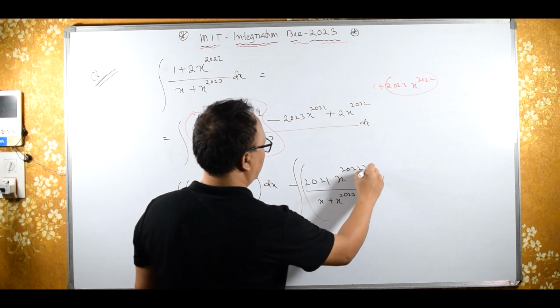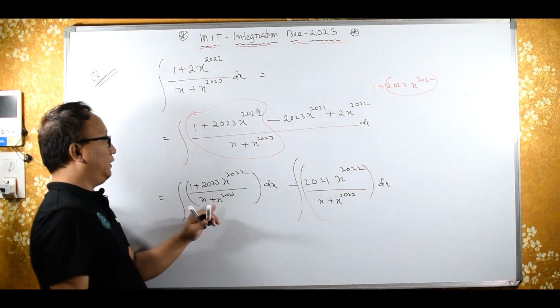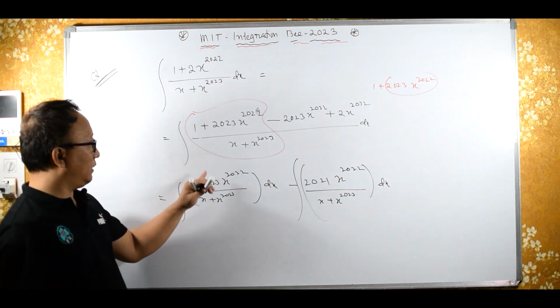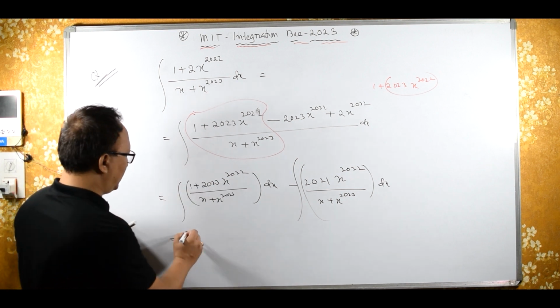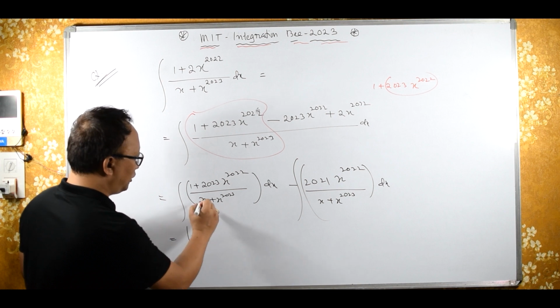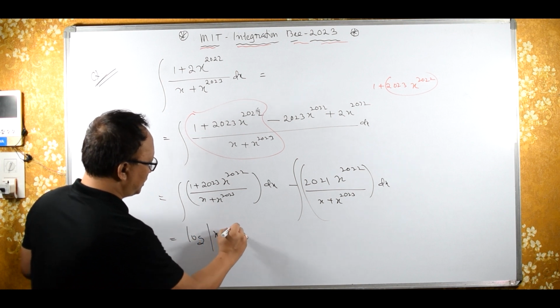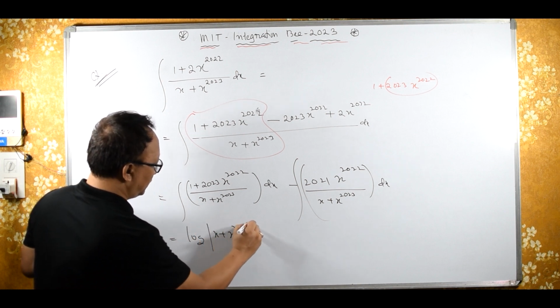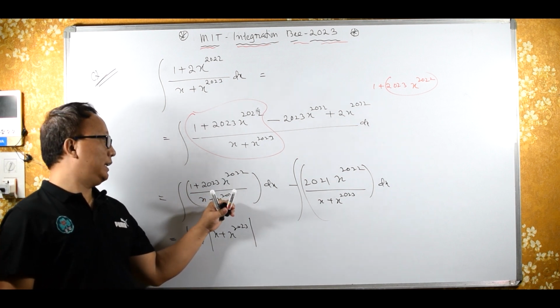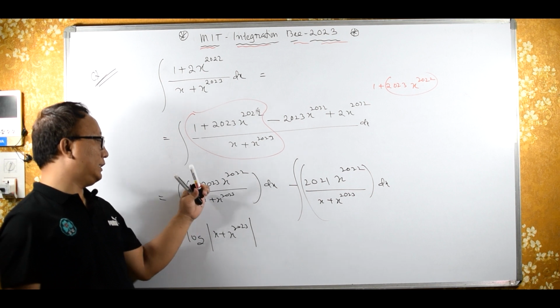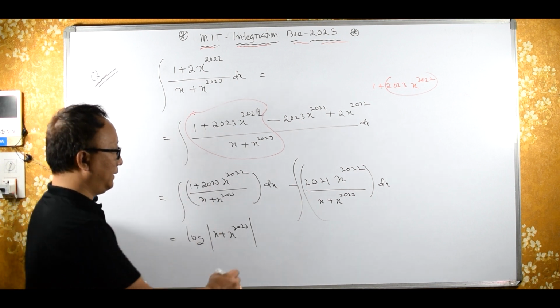Integral dx. Now differentiation of the denominator becomes the numerator. Therefore this integral becomes log of the denominator, means x plus x raised to 2023. Or you can substitute this as u, and du will be this. Therefore that is log of u with this. Minus